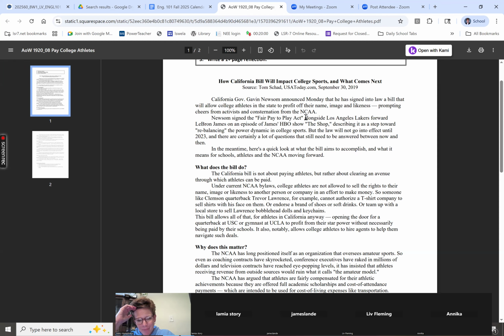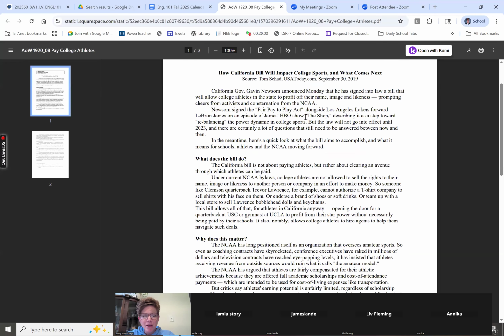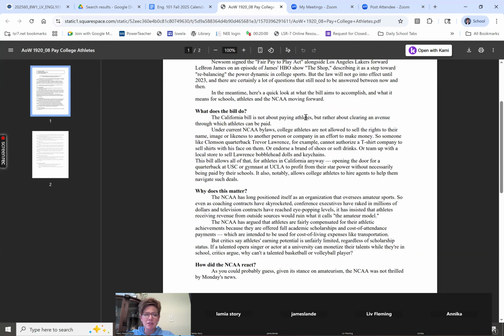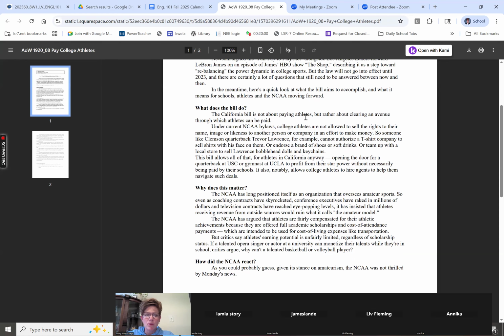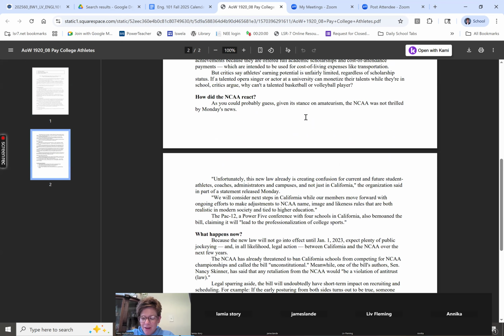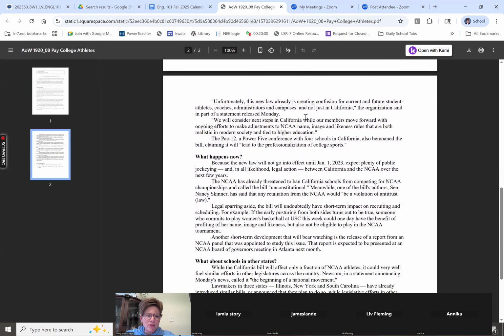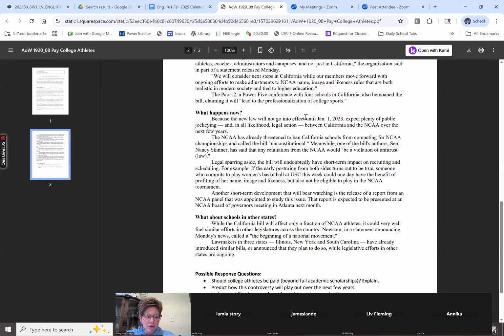A weakness I think of this particular article is that it is hard to tell. It just seems factual. It doesn't seem like it's necessarily trying to promote an argument. And I don't know that it's really trying to bring people together, but maybe it is, by saying, okay, here are the two sides, here's the common information that we know, and just explaining it. If you had to rewrite this article, what might you do differently? Somebody be brave.